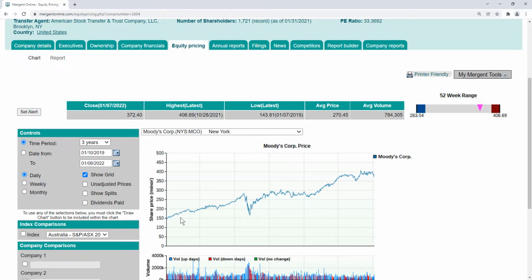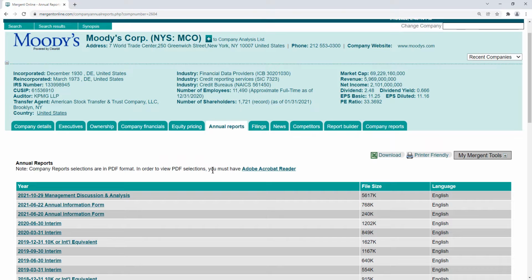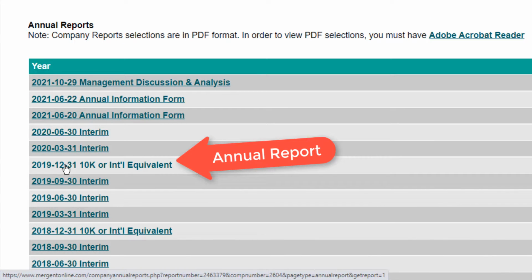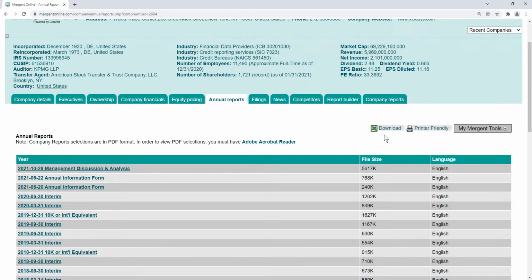The Company Equity Pricing tab shows a company end-of-day pricing covering many different issues. And now we go to the Annual Reports tab. The Annual Reports tab contains annual reports of the company that you're looking at. The annual report will be found as a 10K report. And when you click on that, it will bring up the annual report, which you can then download as a